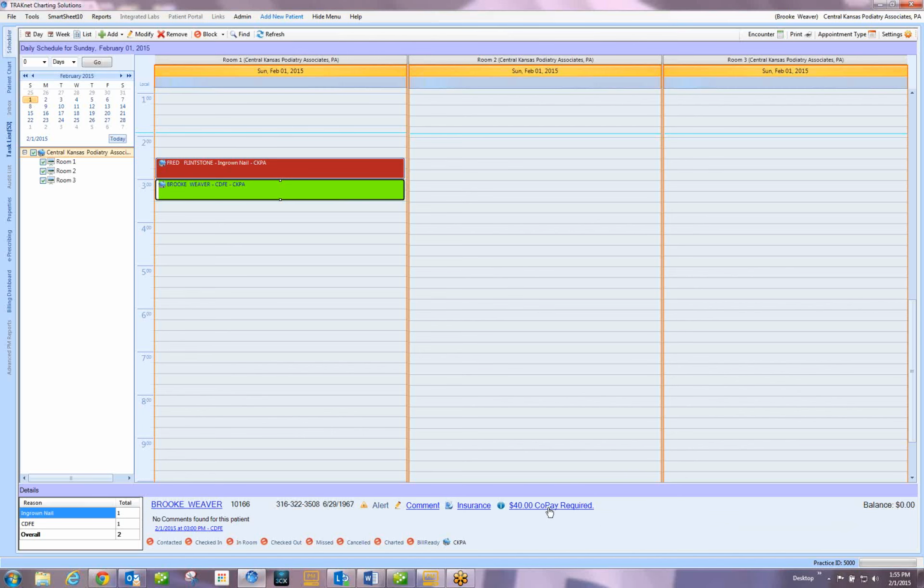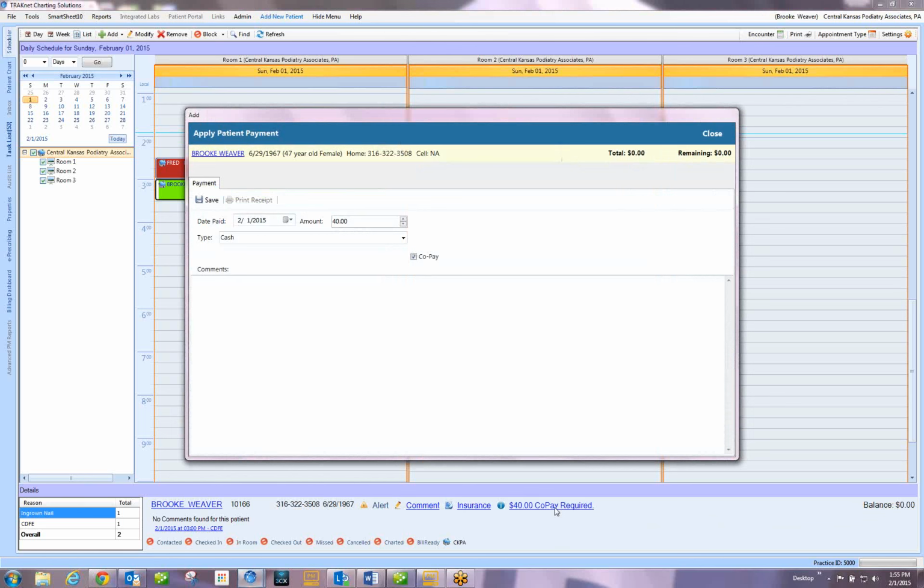To collect a copay from your scheduler, you click on the word right there, copay, which will allow me to receive the copay and select the method of payment. I can either choose cash, check, or credit card, which are the most common forms of payment method. For today's purpose, we're going to use cash. Once I select my cash, you'll notice it is marked copay because that's what we clicked from the copay at the bottom of the scheduler. I'm going to click the word save,